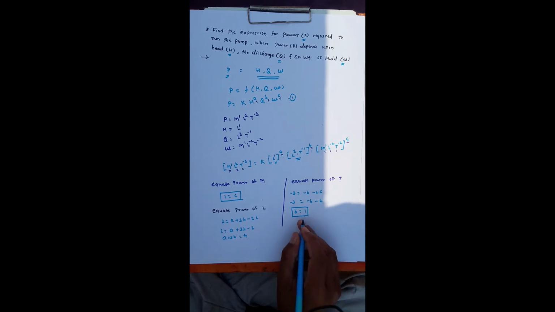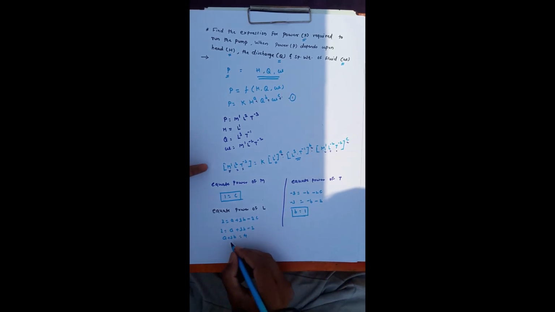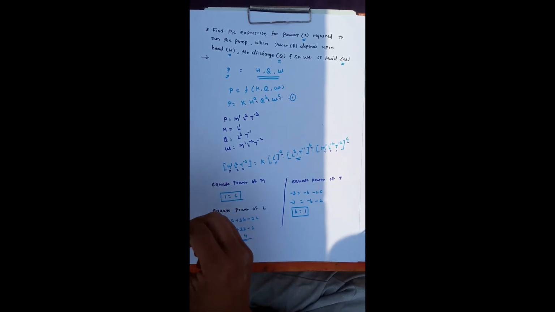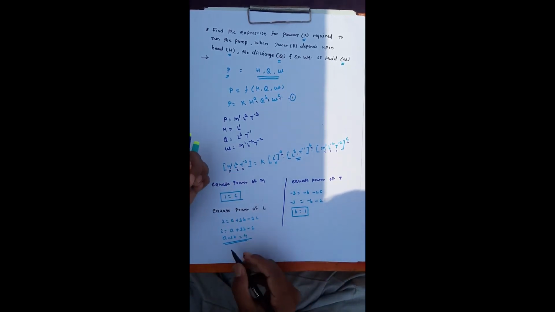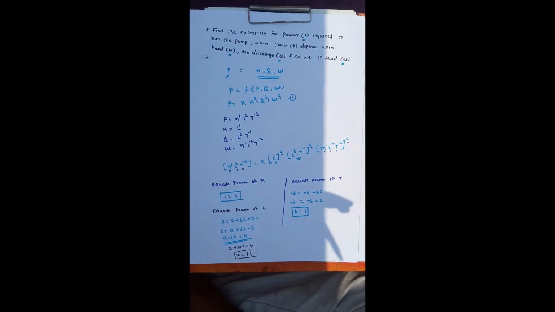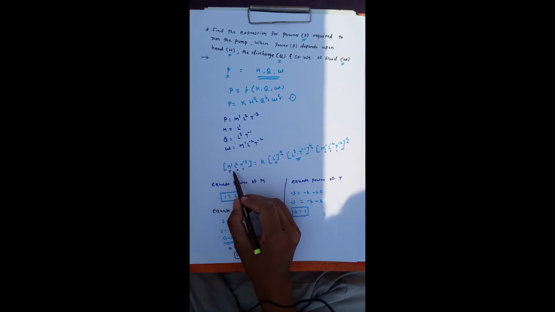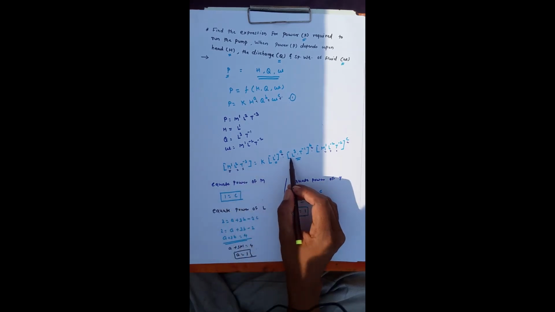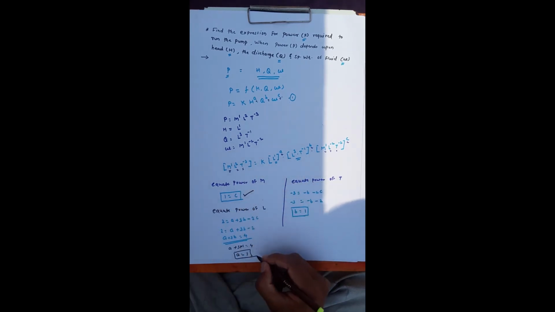Now put the value of B as 1 in this equation. After putting that value of B in this equation, I will get A plus 3 into 1, the value of B being 1, is equal to 4. So here I will get the value of A as 1. So in this equation, by equating the fundamental dimensions of the left hand side and right hand side, I have obtained the arbitrary powers.